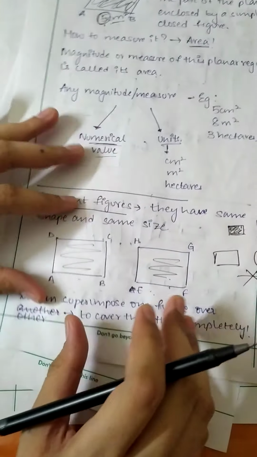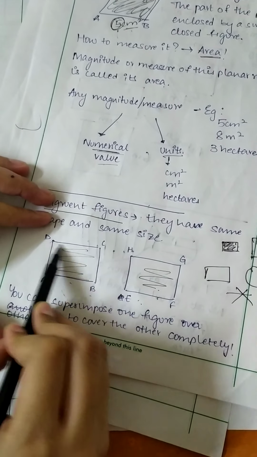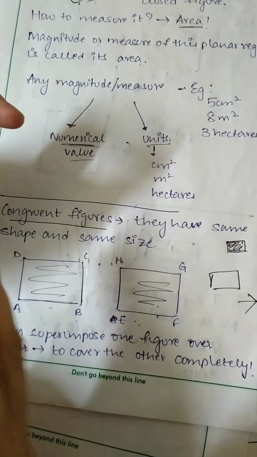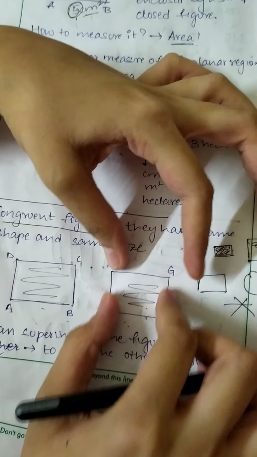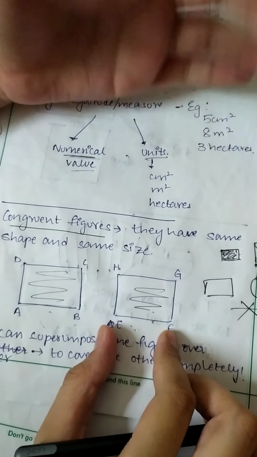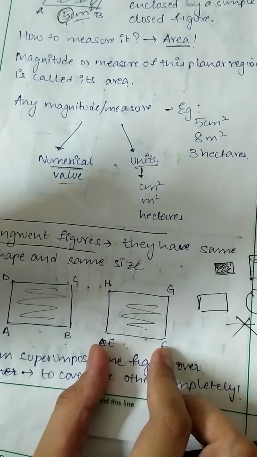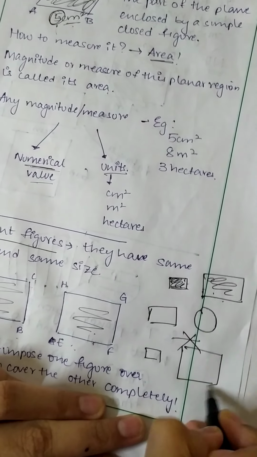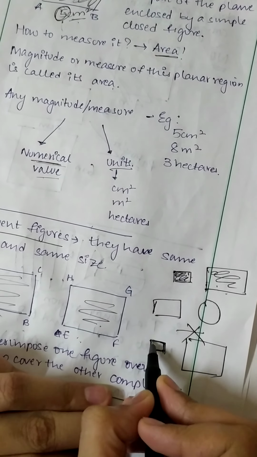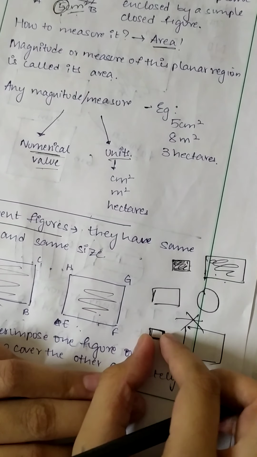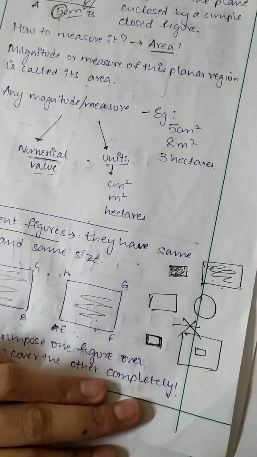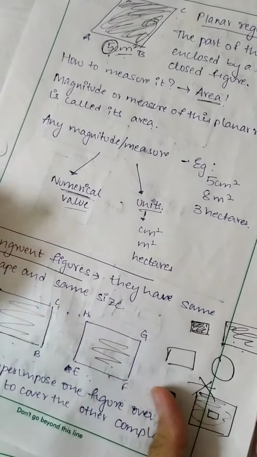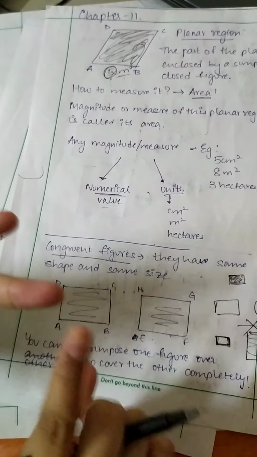Another way to look at this is, if I cut this part of the paper and put it on this one, and I can cover it exactly, then it is congruent. That is a way for you to imagine it. If I have this small rectangle and a big rectangle, and I cut the small rectangle out of paper and try to put it on the big one, it will only come till here. It won't cover the whole thing. Then it is not congruent. So two things: shape and size.